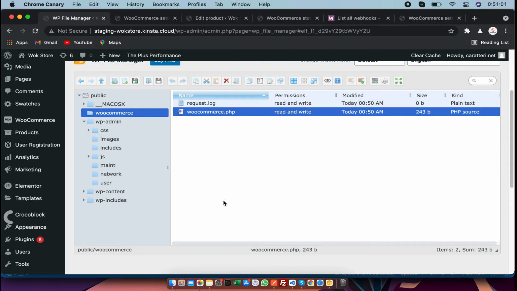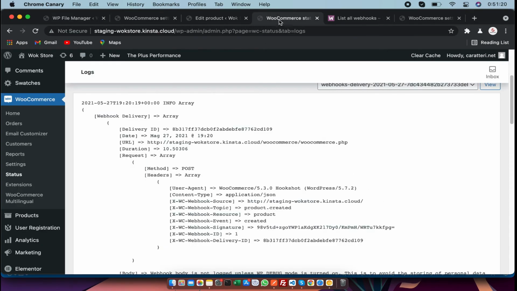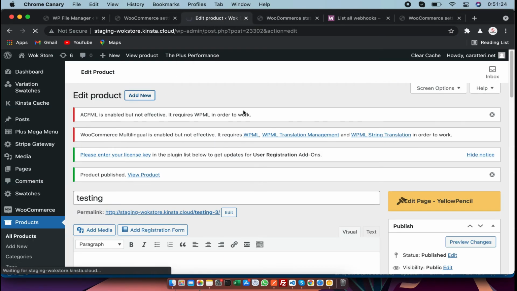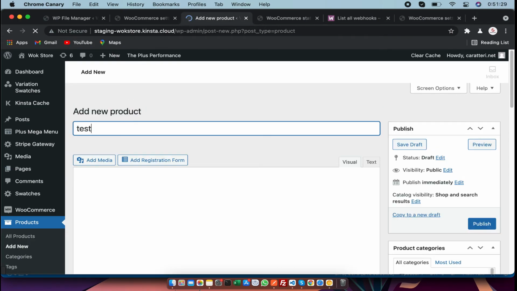Let's check the code again. I think the code is fine, but I have to remove the space. Create a product again.